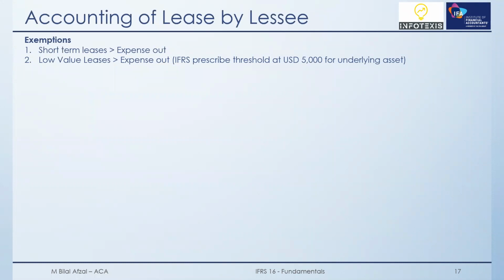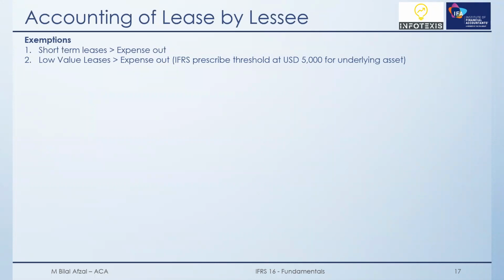If the non-cancelable period was 3 years and 5 years, and the lessee has the option to terminate at the end of the 3 years, and at the initial recognition we are certain that the lessee would not terminate, then the lease term would be 5 years. But if subsequently we came to find that the lessee would not be continuing with the lease, then straightforward, whatever the penalties, for example,